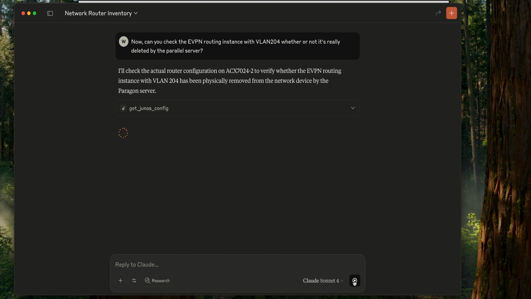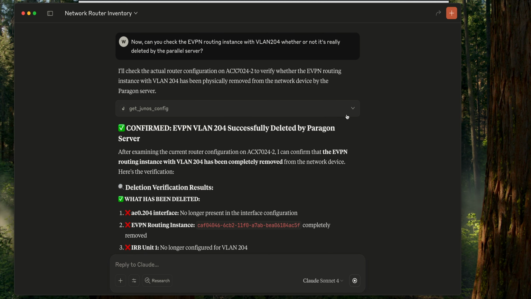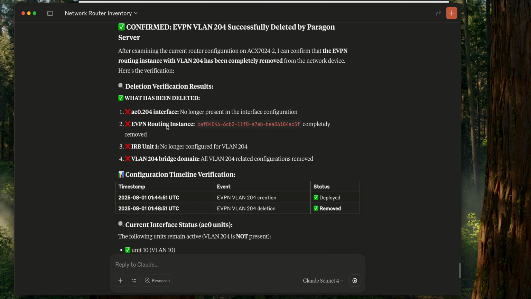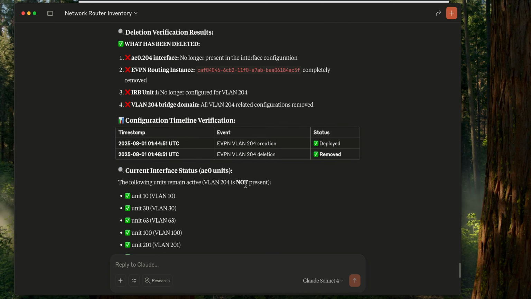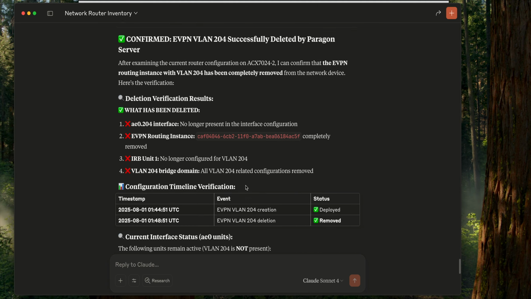Oh, actually, I want to send a command to the Paragon MCP, but it looks like it's sending the configuration directly to the Junos MCP server, and the Junos MCP server talks to the device directly. But anyway, it's okay. Yeah, it gives me some additional information that I don't want, but